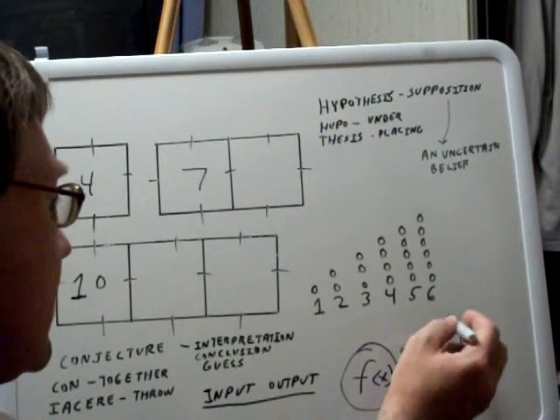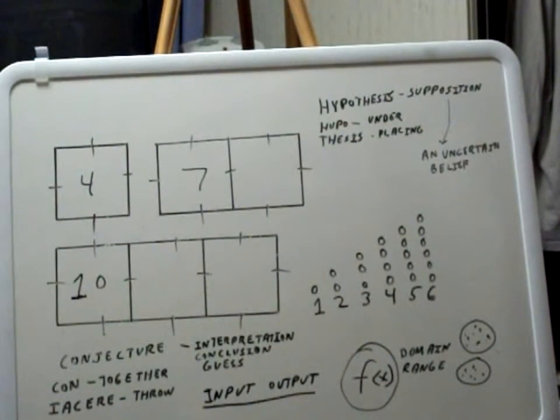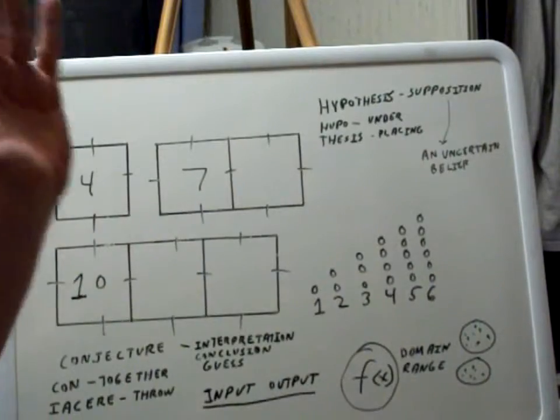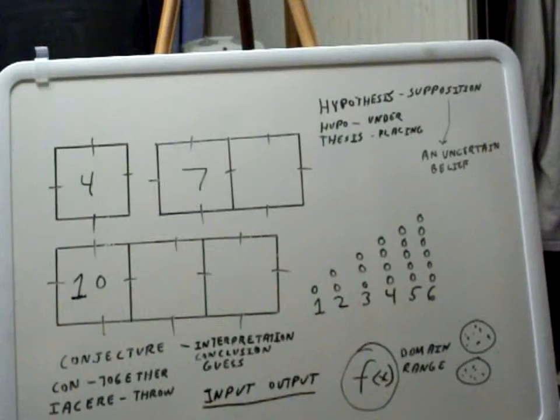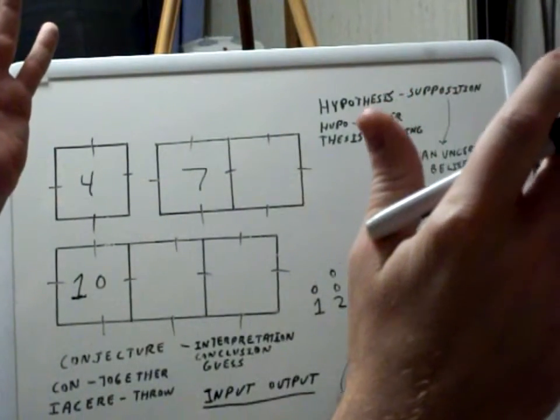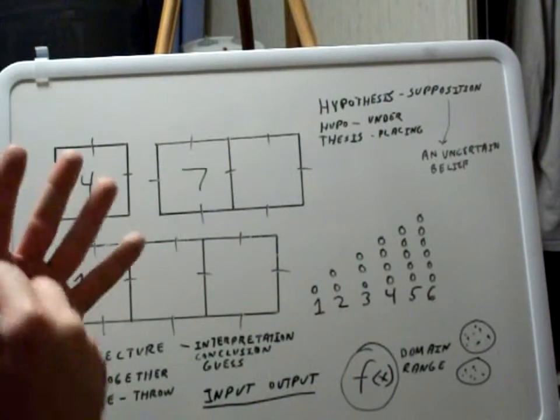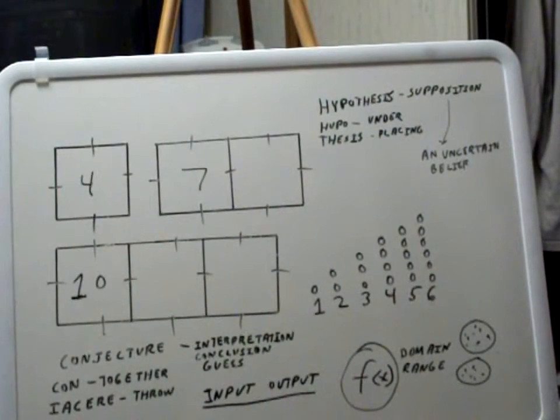But these domains in a function are monogamous. Now, what is monogamy? To illustrate, that's when one human being marries another human being. Okay? Now, polygamy, on the other hand, is when one human being marries more than one human being. Let's say the one human being marries 6 other people. That's polygamy. But if the one human being marries exactly one human being, that's monogamy. So, going by this illustration,